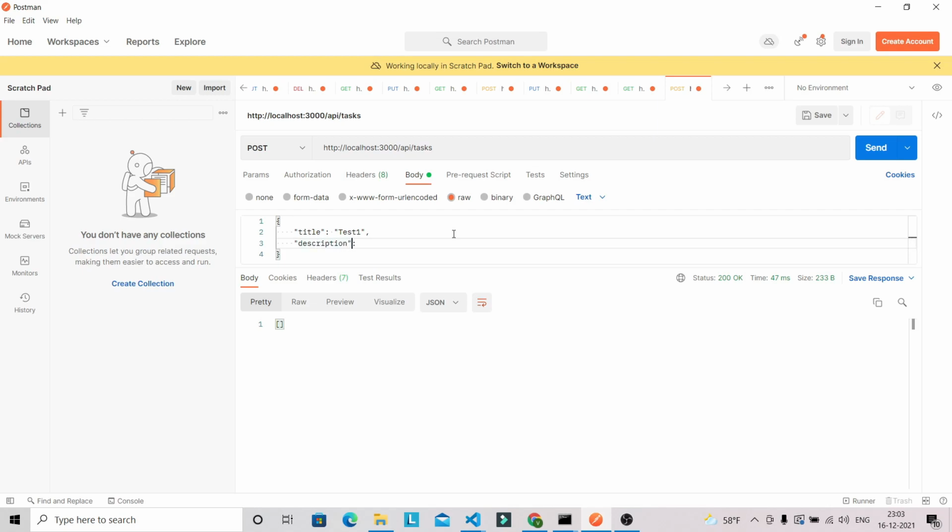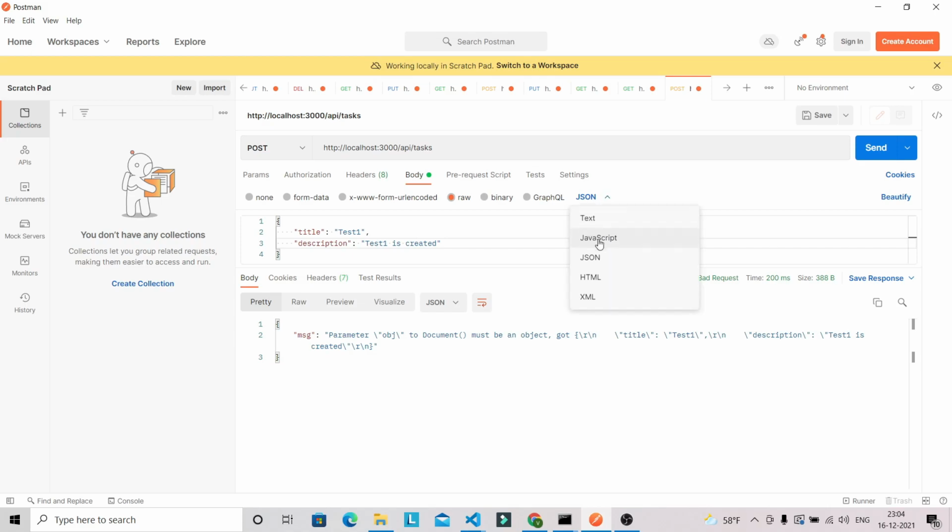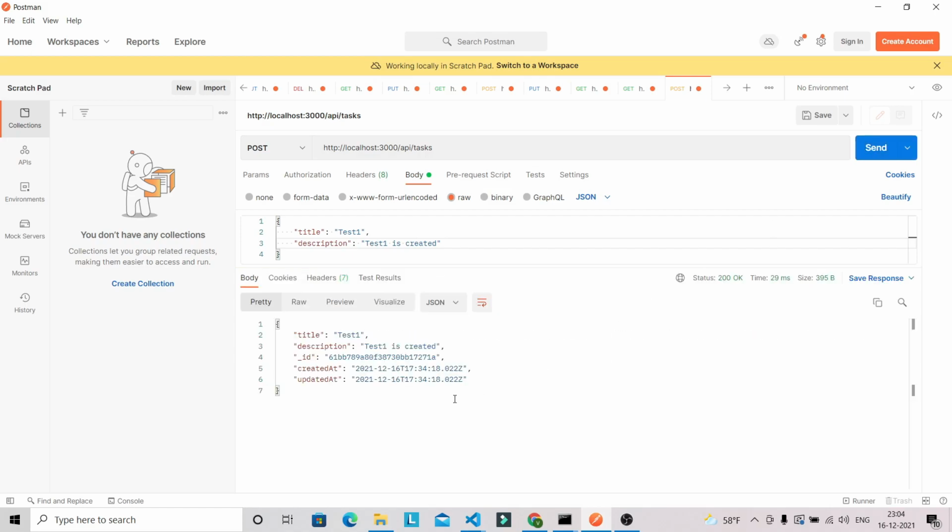So basically we are testing the API here in our Postman. So let's give here "test 1 is created". Okay, and let's click on send. So we have got some issue, so you have to select the JSON, not text. Now click on send. Now you can see that we have successfully inserted one task in our MongoDB, and you